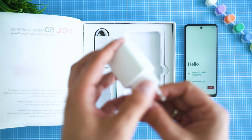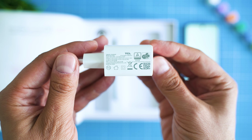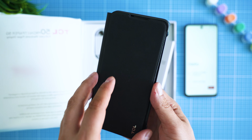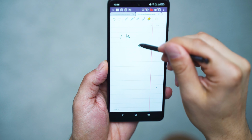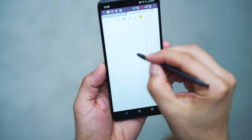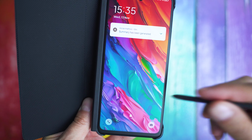Lately, some other brands made us appreciate the inclusion of these goodies. And very important, the case. A flip case with a pen, which turns the phone into a notebook. Keep in mind that the case and the pen come with the device only if you purchase through an operator. If you buy the phone at a retailer shop, you might have to purchase them separately. Combined with the AI features, this is a really powerful combination, but let me showcase a few of the other